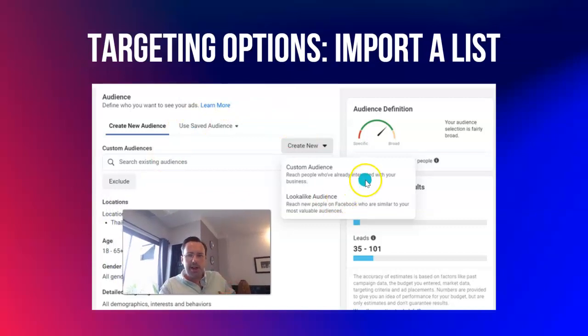For example, you could get a list somewhere else. You could go buy a list. You could compile a list of target buyers. You could scrape it from association websites where people's emails are publicly listed. There are all different ways. Now, one of the challenges when you import a list into Facebook is the match rate. Sometimes the match rate can be extremely high, like 75% or 90%. Other times it may not be so hot. It may only be 40%, so less than half of the people you thought you could hit, you're actually going to be able to hit,